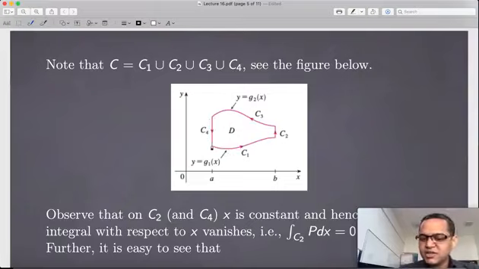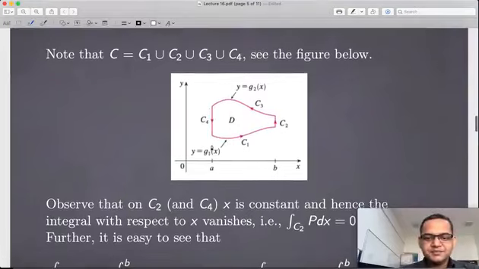Okay, this is the counterclockwise. And now we know that in order to compute the line integral over the C, we have to compute the line integral over each curve, then we are done. Okay, now